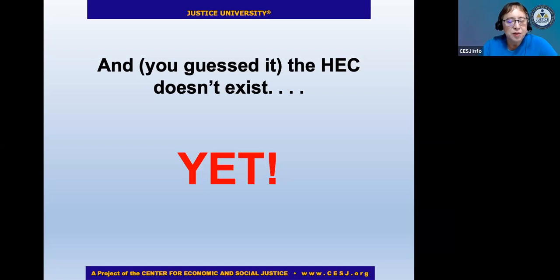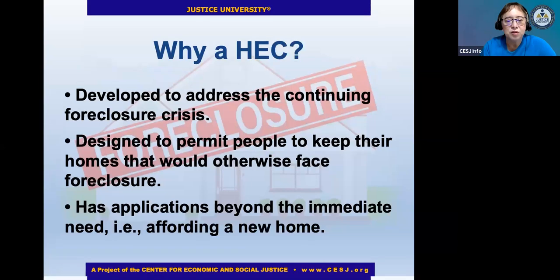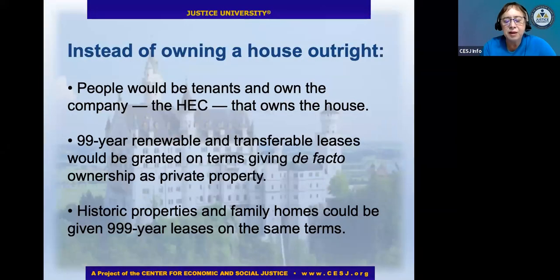One of the things about the HEC is that it would be buying the homes at a fair market value, and generally that includes foreclosed homes whose value has gone down, but that also enables the former residents to reacquire it at the lower cost. So there are a lot of advantages to the HEC, and we think in terms of the housing crisis, this is an idea that needs to be explored more deeply. Okay, and so this relates to the foreclosure problem. It allows you to either own shares or eventually take title to the house.